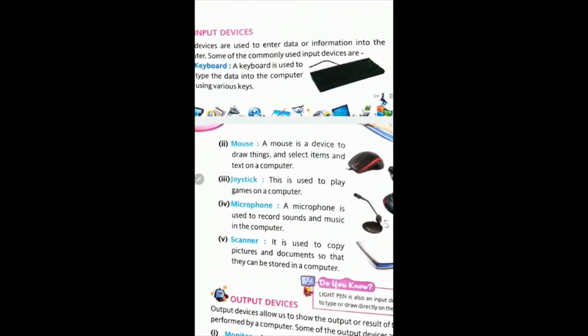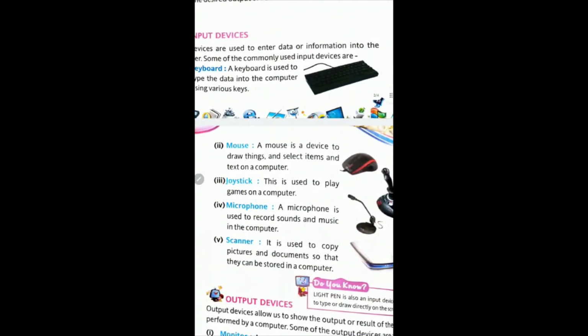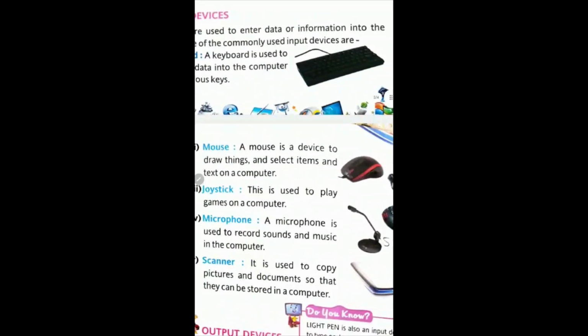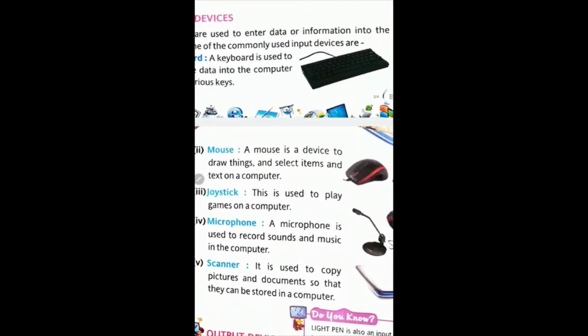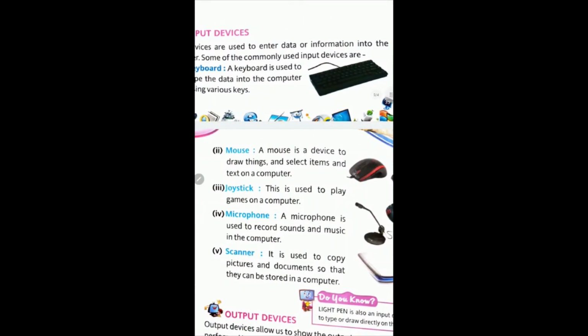Children, as we have learnt in the second lesson also, there is a keyboard. The keyboard in the picture is very similar to a typewriter. You can see that the keyboard comprises different types of keys. We can say that more than 105 keys are there, and various types of keys are alphabetic keys, function keys, number keys, special keys, enter key and spacebar key.